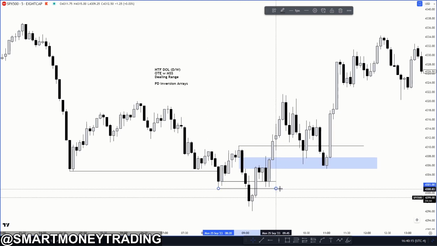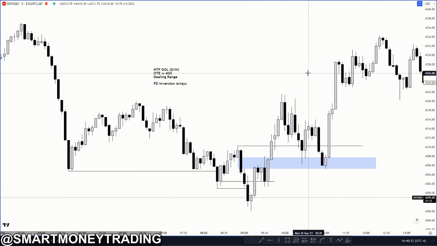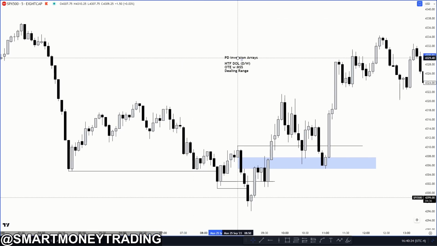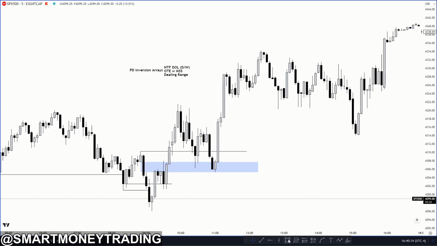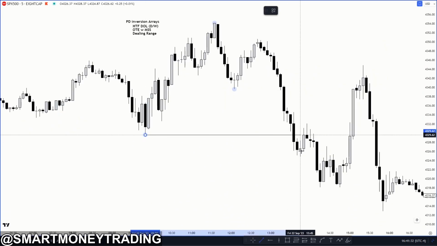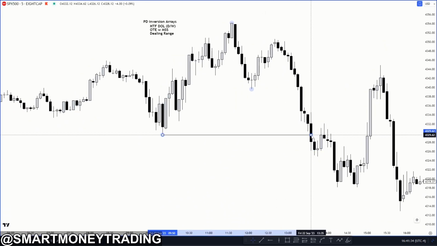It became inversed. It wasn't a market structure shift, and you're going to have to frame your order flow. And the order flow is changing since PD arrays are being shifted. So always want to keep that in the back of your mind. Inverse PD arrays. If you're always targeting external levels, you can see your market structure shift sometimes won't be fully